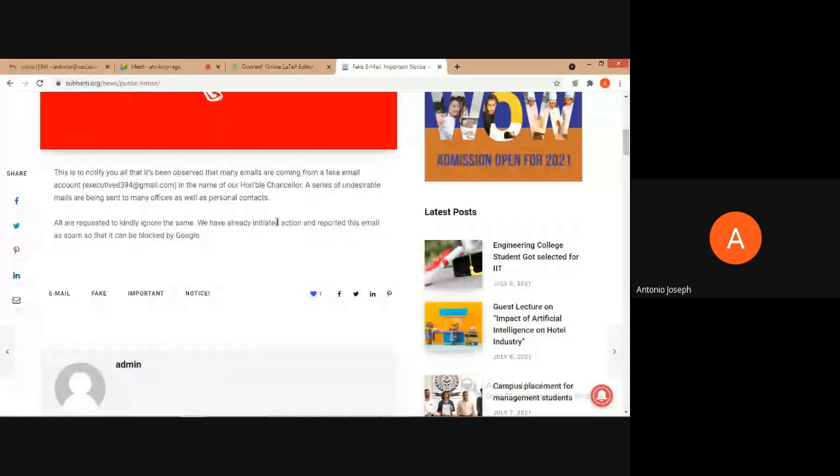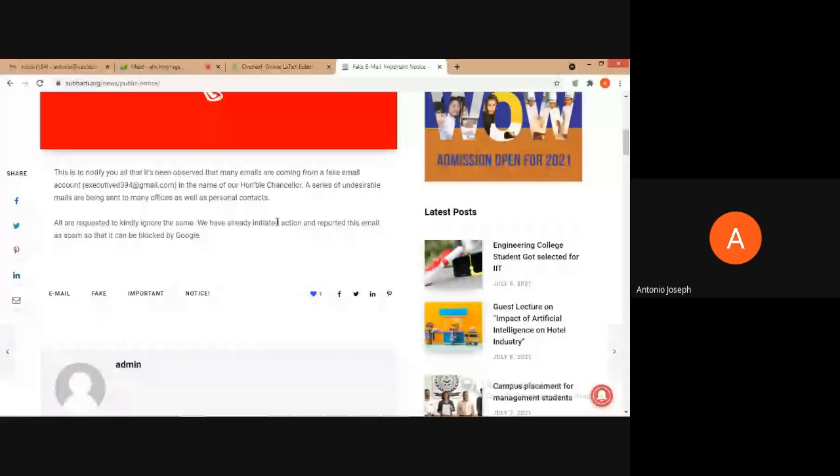No, sir, it's not possible. Since it was reported by another university on their website, that's why I got it while searching. If no one is reporting, we cannot get it. That means we need to be careful. That's all. Nothing more than that. Yes, we need to be careful.